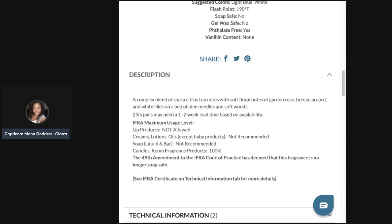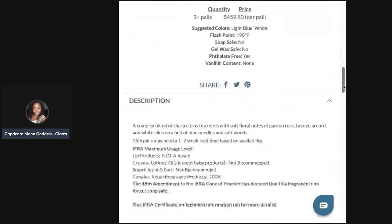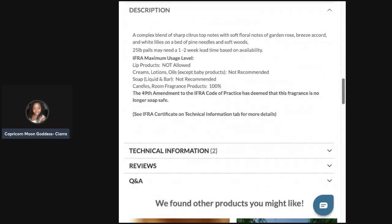So I really do like Zestfully Clean from Scented Expressions, but if you wanted to have a scent like that, but you don't want to go through Scented Expressions, then you can get this scent from Lone Star. So Country Breeze, I feel like it's a good comparable one to Zestfully Clean from Scented Expressions. Okay, so there's two options for you there for that type of scent. Next,